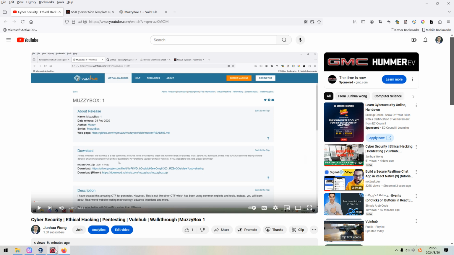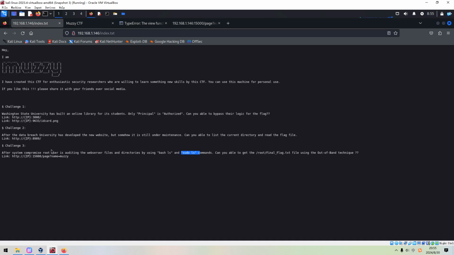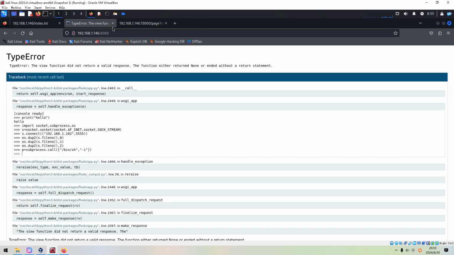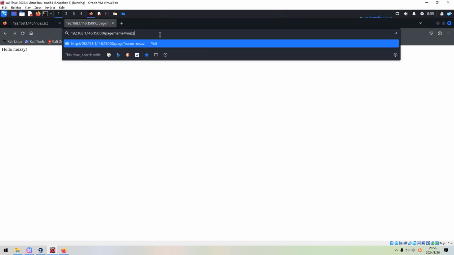We can switch into the Kali Linux VM, and what we are doing is challenge 3, and I've already opened up this application. During the maps stage, we already know that the target is running a Python application on this port number, and we can check some names, for example, like JSON.